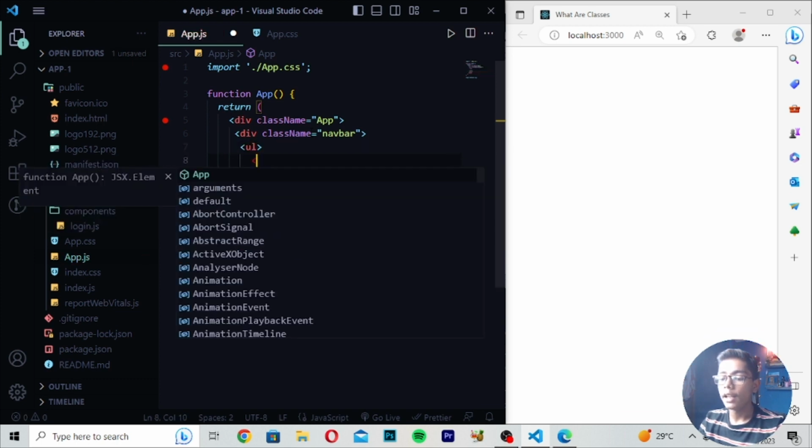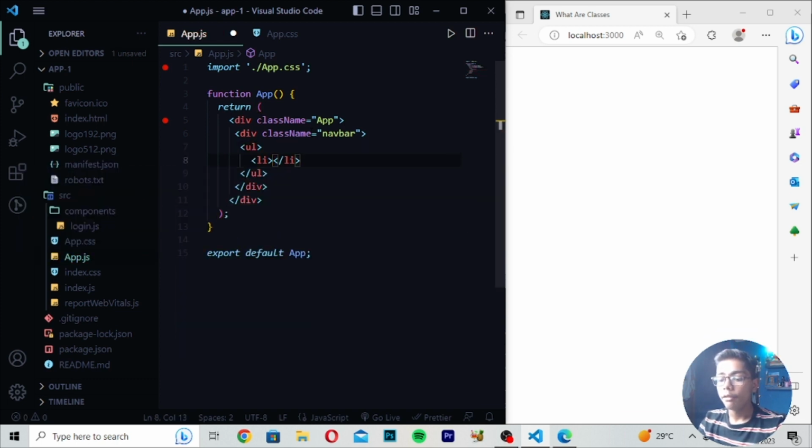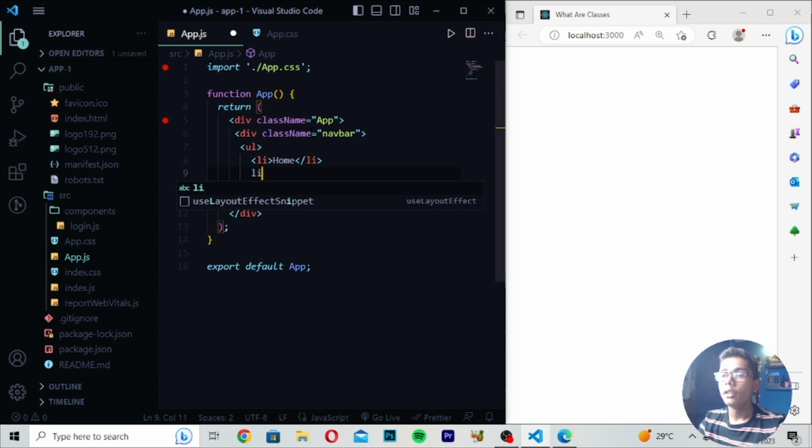So here if I write li, and then write home, it means this is a navbar menu class name. The class tells you what this thing is, so class just identifies the thing. If you are building a navbar, you write the class name of navbar, and it is really understandable for you that this is the navbar you are building. And if you want to build a home page, you write class of home, and then you create the home page.